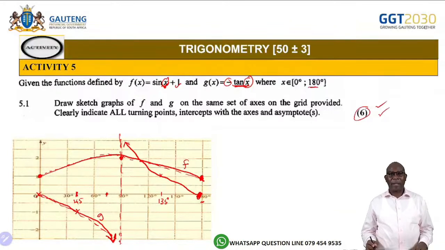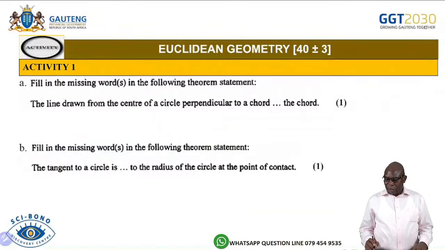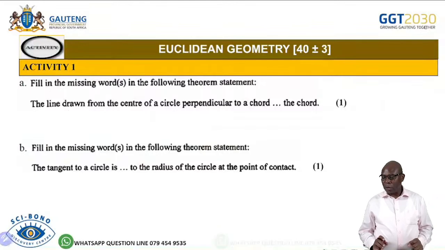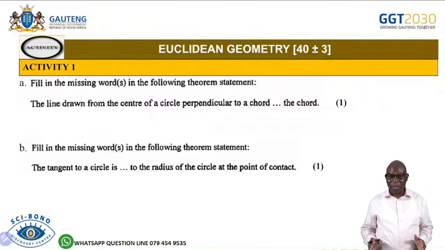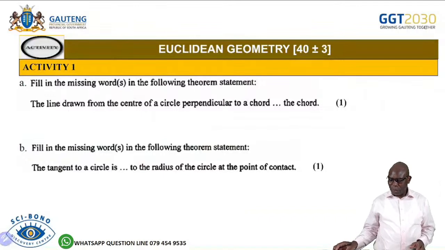So that's 6 marks. Everybody must get these 6 marks. In trigonometry, the marks on the questions that we have done come to 28 marks. Remember, we've got the 6 marks and the 6 marks, the 5 marks, the simple 3 marks, and the other 5 marks. So that will be 28 marks. If you go through those questions that we have done, you can get up to 28 marks. Now let's get to Euclidean geometry,